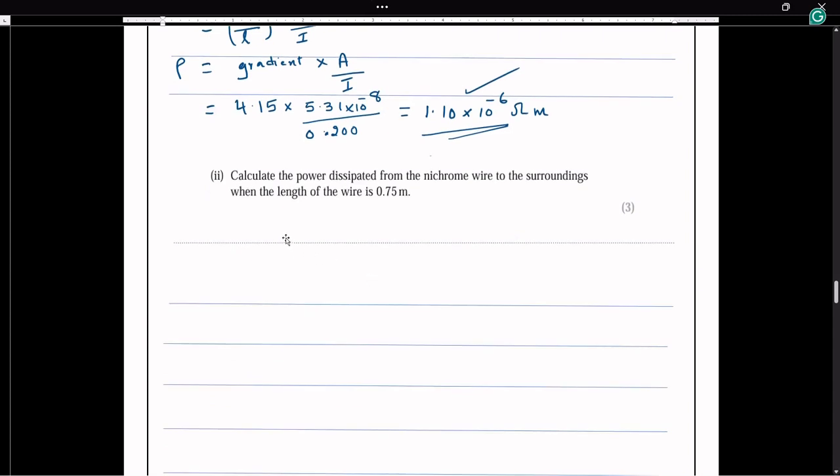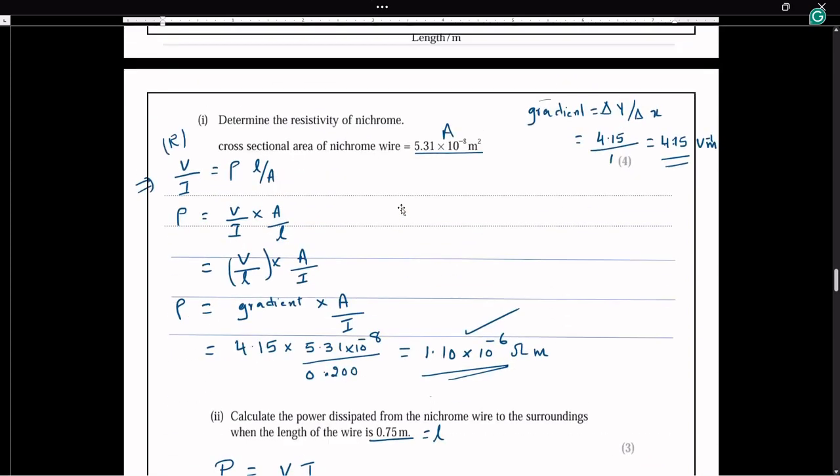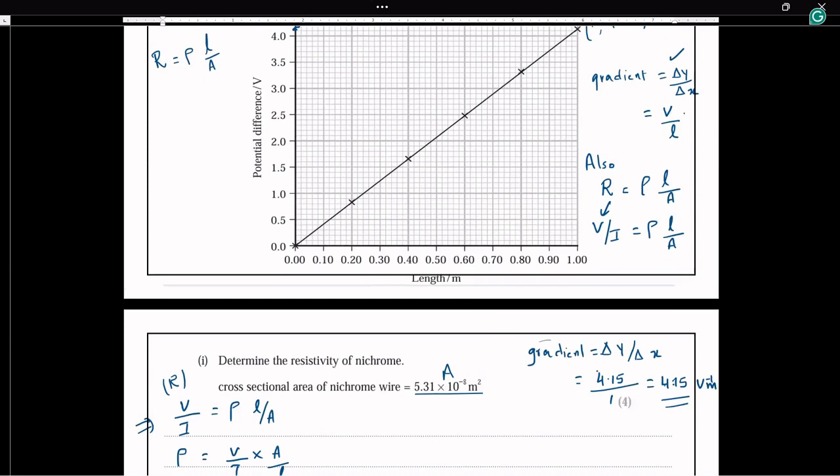Then let us move on to the next part of the question. Calculate the power dissipated from the nichrome wire to the surrounding when the length of the wire is 0.75 meter. So we can use the equation for power dissipation. It is V times I. So let us see for a 0.75 meter length, where is 0.75? From the graph, 0.75 is between 7 and 8. Correspondingly, we are getting a voltage of